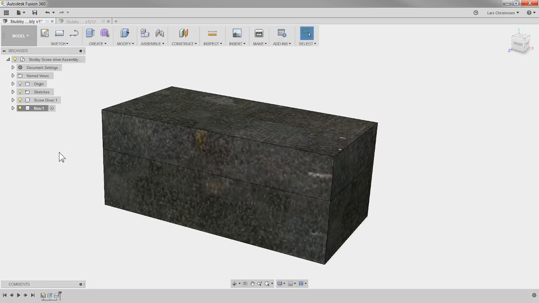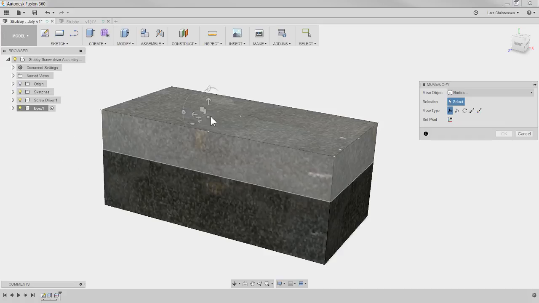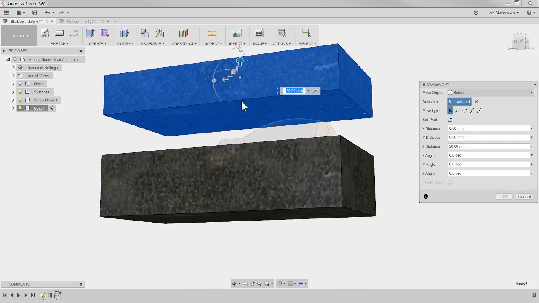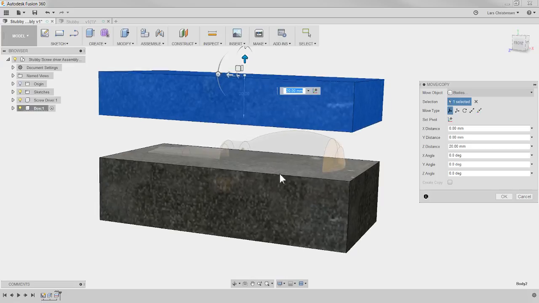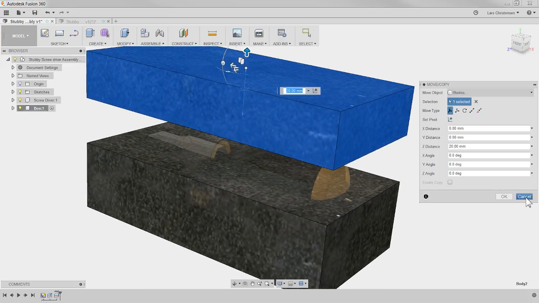And of course, right now, we could just right click here, hit the move command, and move this up. So you can see that this is going to be the lid, this is going to be the bottom. We have the screwdriver sitting in here. It's still solid in there. So that is not really